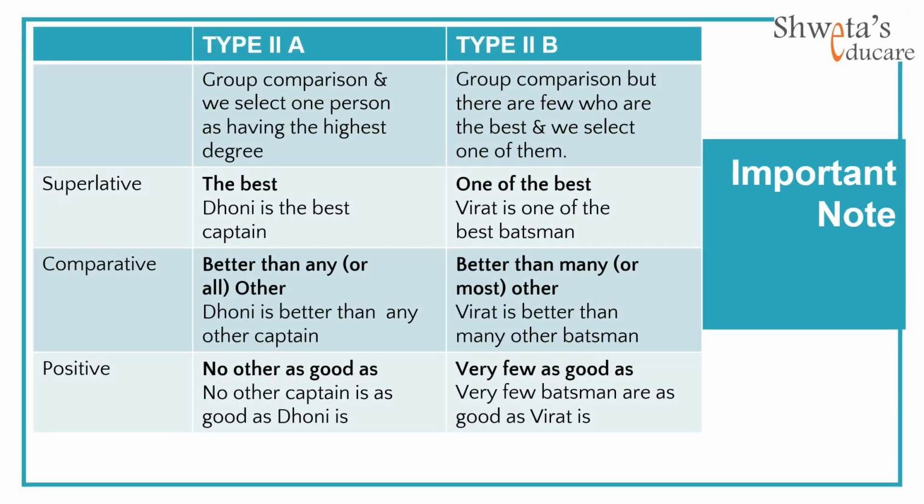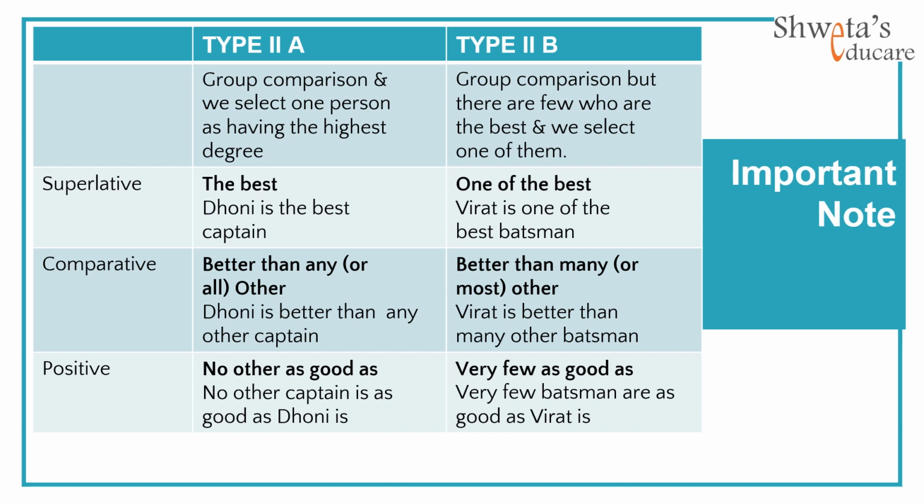This table is very important, dear students. Just be with me and stay focused. I'm sure you can solve any question related to this type then. It will be very easy for you all. Let's start with type 2A. Before that, let me say we have used the adjective good. So in comparative it will be better and in superlative the best.